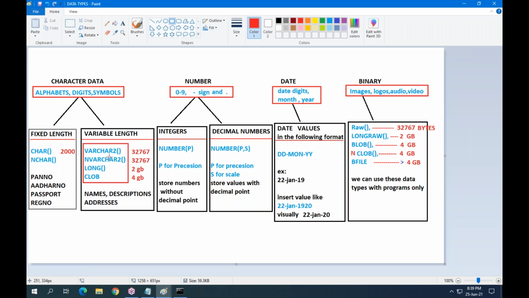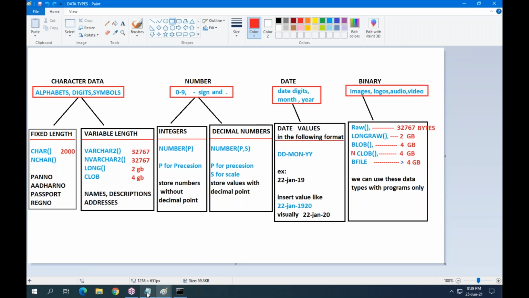So what are the names? Varchar2, nvarchar2, long, and clob. What is this? Understand carefully. Varchar2, variable character length values.